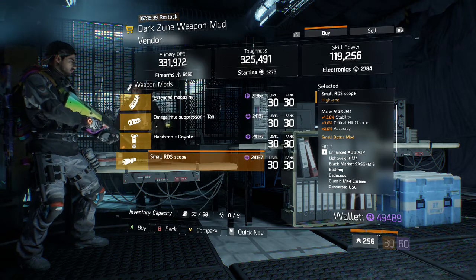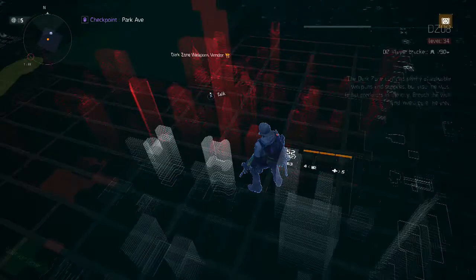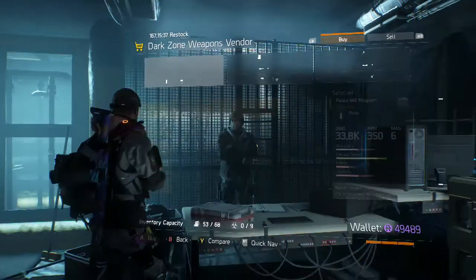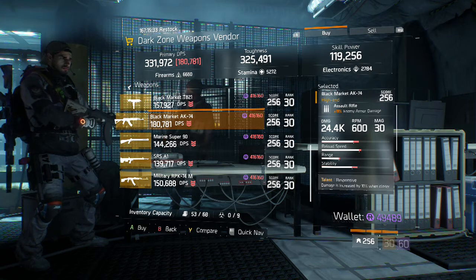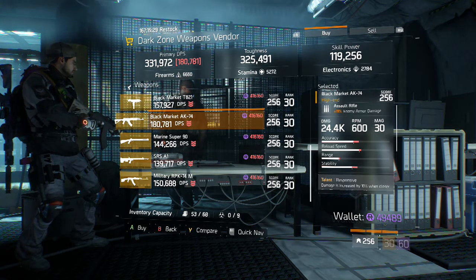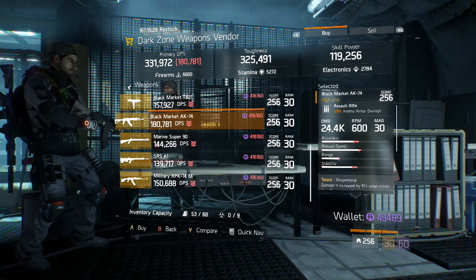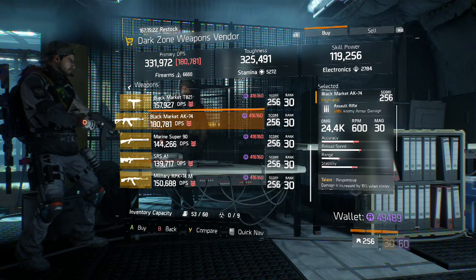Not a bad pickup. Alright, we are now at Park Ave, which is in DZ08, the southernmost part of it, checkpoint here for the Dark Zone. And we have the weapons vendor, really the only thing here that stands out, which is actually a pretty good, nicely rolled AK. We've got 19% enemy armor damage on the lower side, but in last stand, that's not going to matter. 24.4 thousand base damage, probably the highest base damage you can get on fully automatic assault rifles,